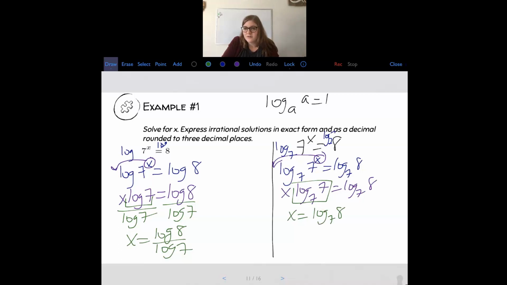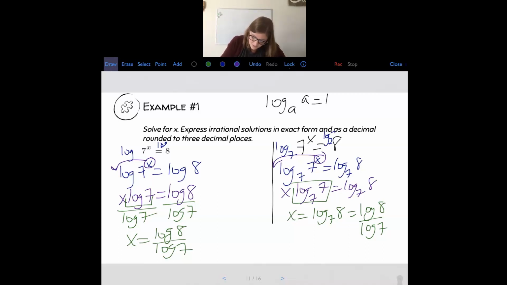But we still have to do the change of base formula in order to find the answer for this. And I believe the software would also be looking for this as a final answer. So no matter which way you go, we end up at the same spot. To get the decimal, you put it in your calculator, you just use the log button. Log 8, close the parenthesis, log 7, close the parenthesis, and we get